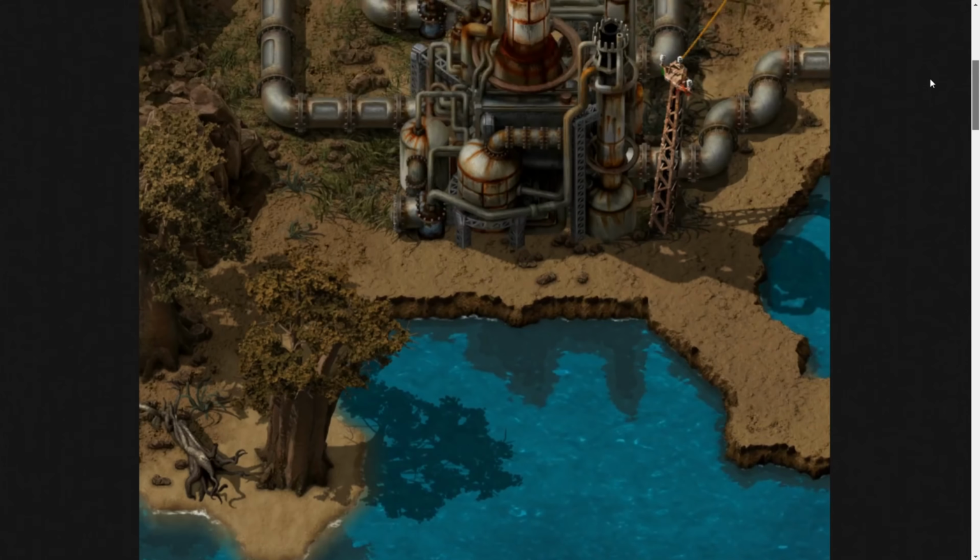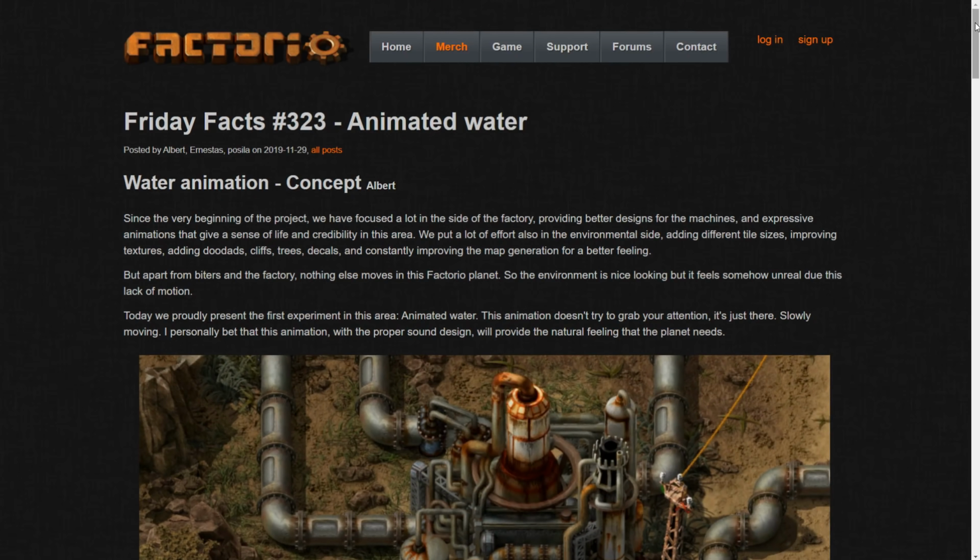And animated water is just awesome. I saw a ton of comments on the forum and Reddit thread for this that people say it looks nice, but it looks really weird now because nothing else is animated. So everyone is asking and hoping for animated trees, like they kind of sway back and forth in the wind or something. That would be good. I think it would be really good because I can imagine this does look